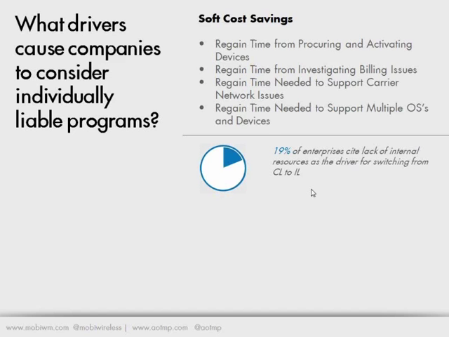If we dig a little bit deeper into the support and into the variables associated with the devices, all indications are that there are more variables today in terms of operating systems that are being deployed, types of devices, makes, models, software revisions, and also types of devices if we bring in tablets and other non-traditional, I'll say, cell phone, smartphone devices that all of a sudden get into this mix of falling under wireless and wireless management. And because of all of the variety and all of the different options there, what effect does that really have on an organization relative to their approach for being able to support it?